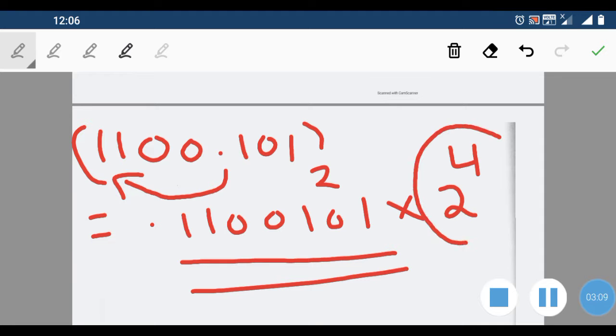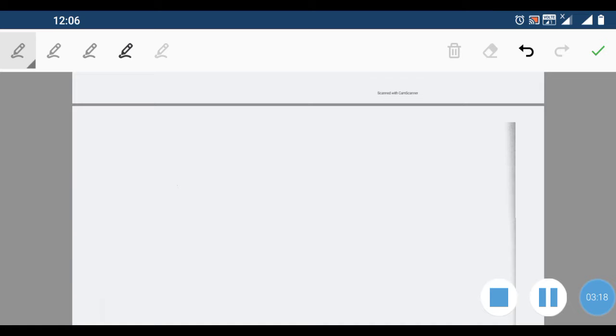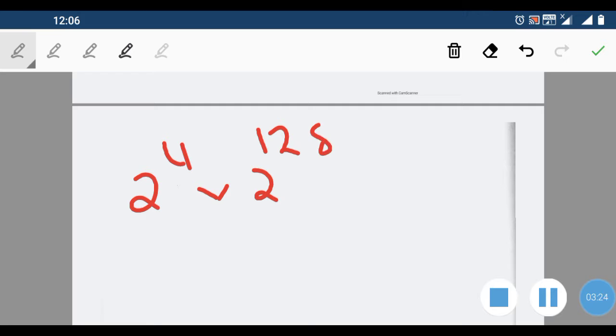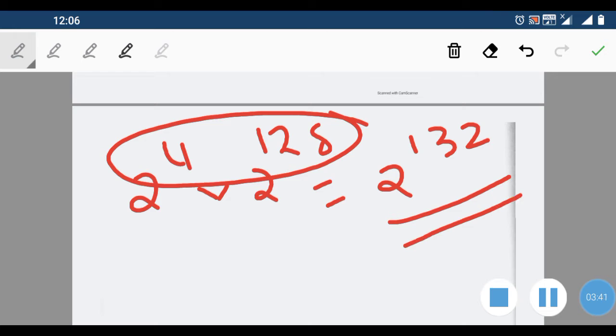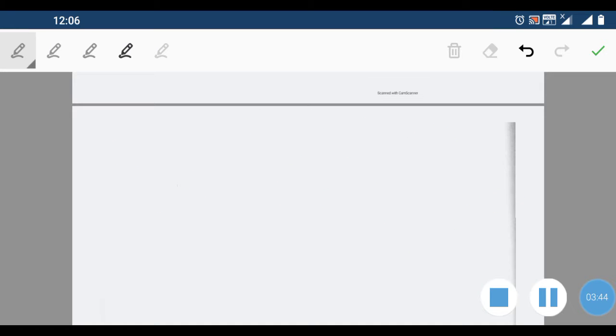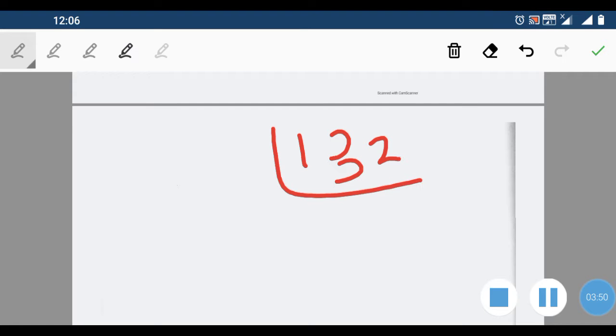Next we have to convert this 2 raised to 4 into the biased exponent form. In the biased exponent form, for 2 raised to 4 you have to multiply it with 2 raised to 128, also known as the base 2 raised to 128 method. So the total value for the exponent part is 2 raised to 132. So we have the normalized mantissa part and this is the biased exponent part. Then next we have to convert the biased exponent part 132 into its corresponding binary.